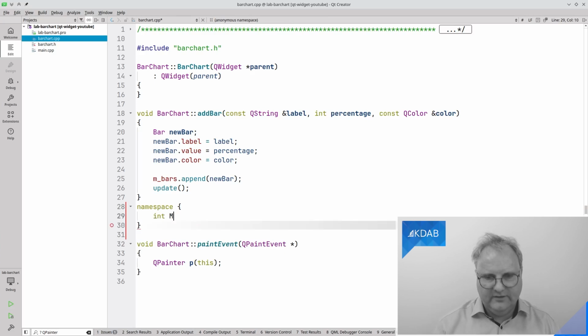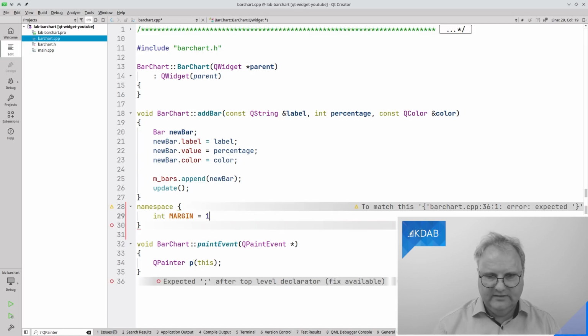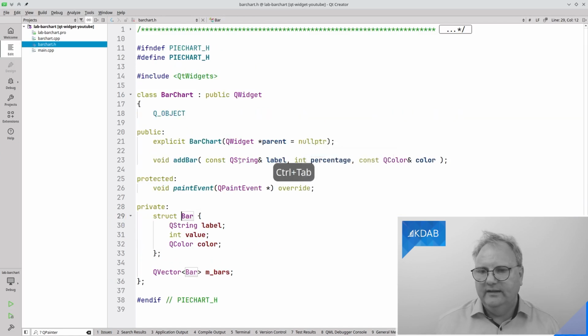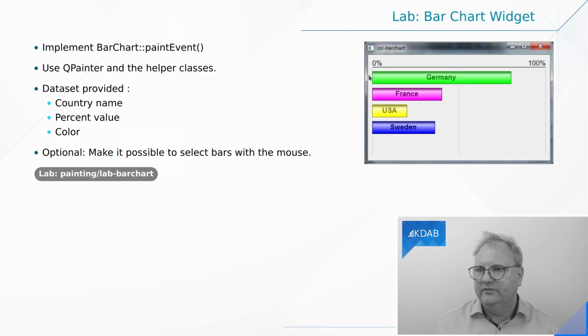So one of them is going to be a margin. Let's make it 10 pixels. That is the margin that you see from here up to, so the edge margins that I have here. The reason why I make it a constant is to avoid 10, and sometimes I will know, oh, divided by 2, that's 5, and then I'll write 5, and it'll be all of a sudden much harder to see.